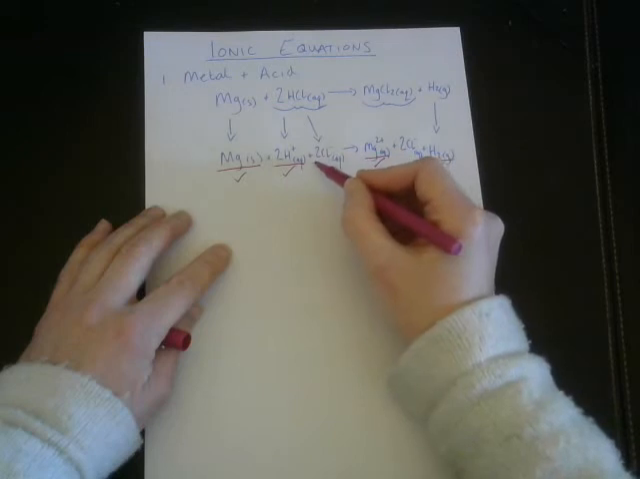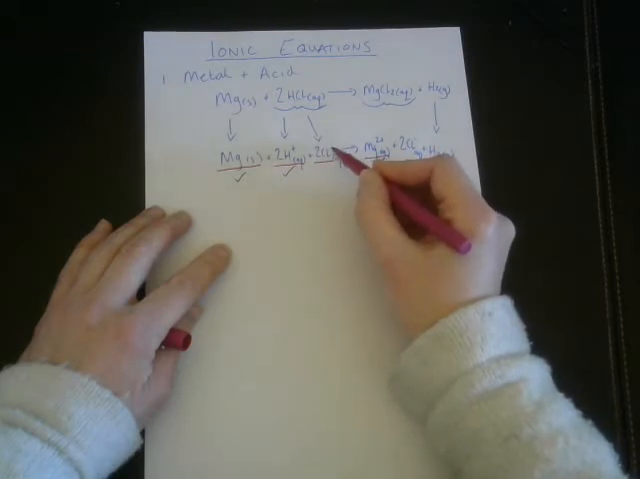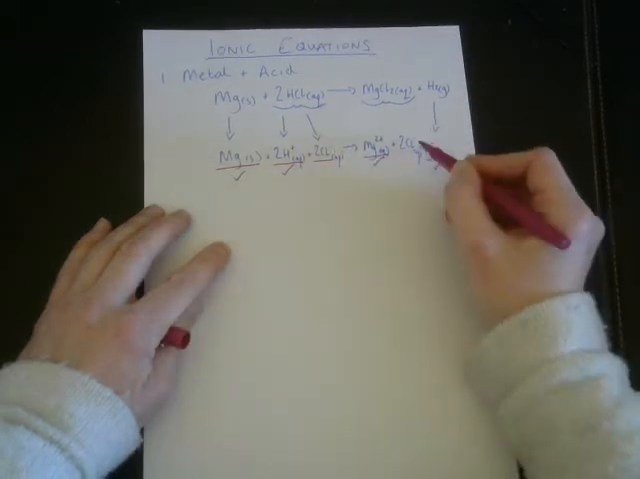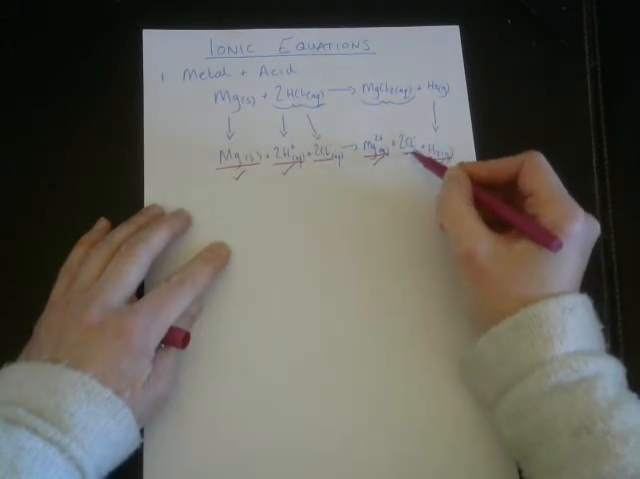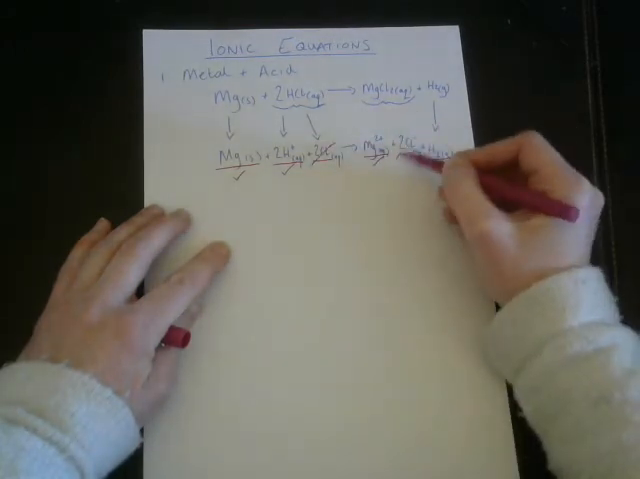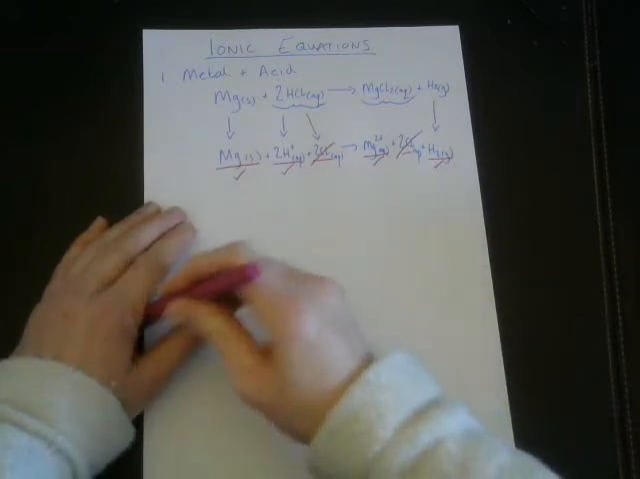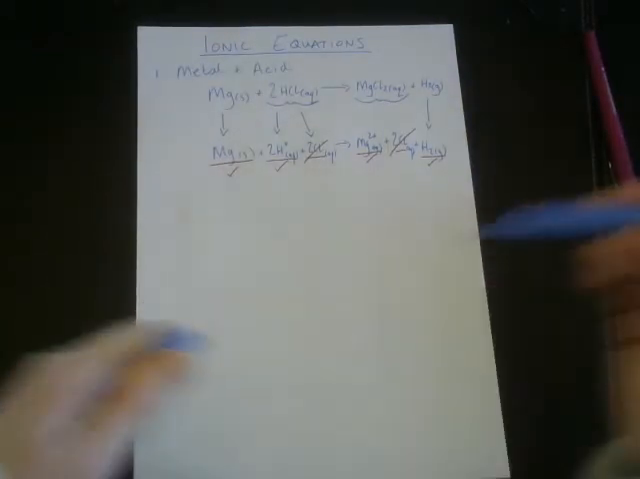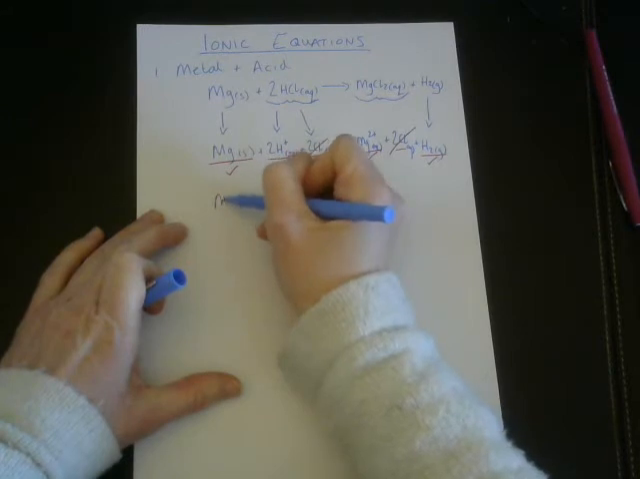But looking at the chloride, we've got a chloride with a negative charge here, and over here it's got a negative charge. So that has not changed charge, so we do not want that in our ionic equation. So to write everything out in our ionic equation, we'll have our magnesium,